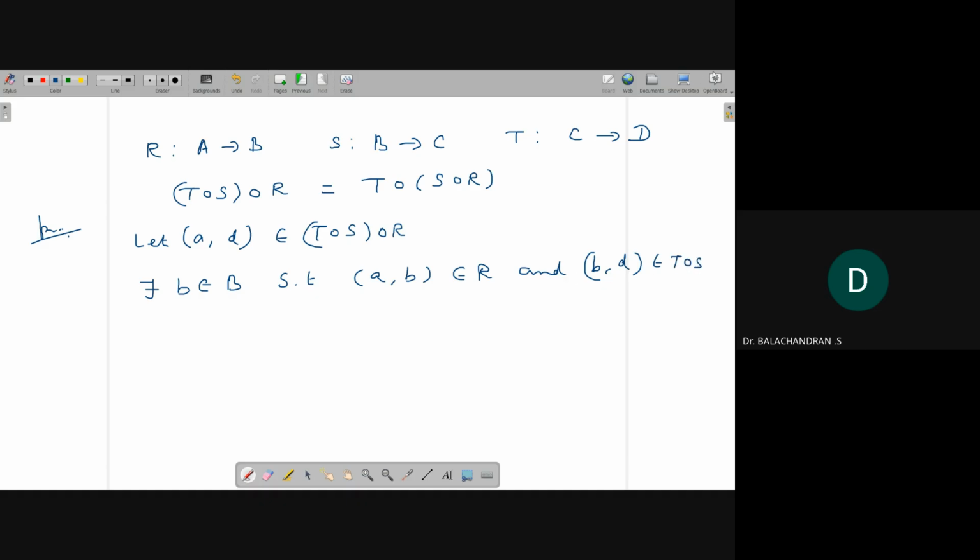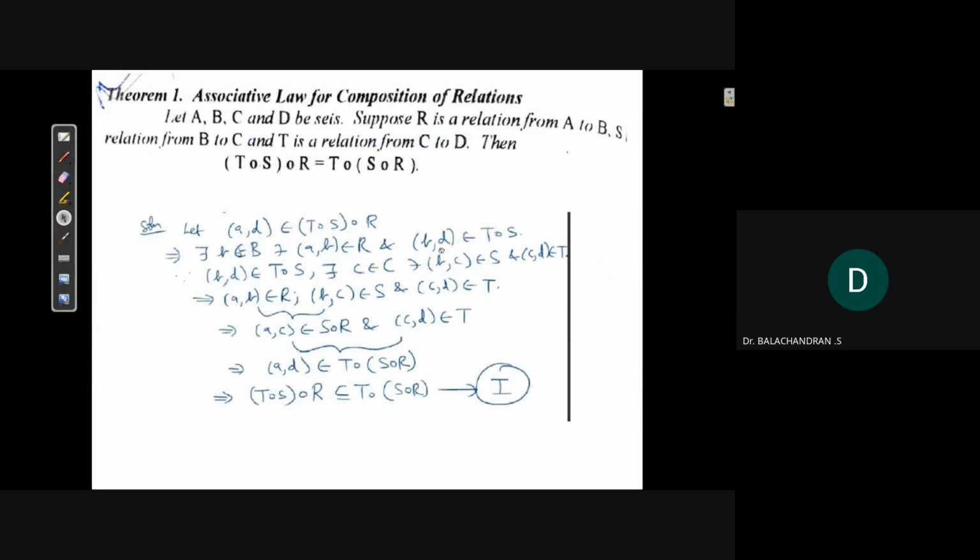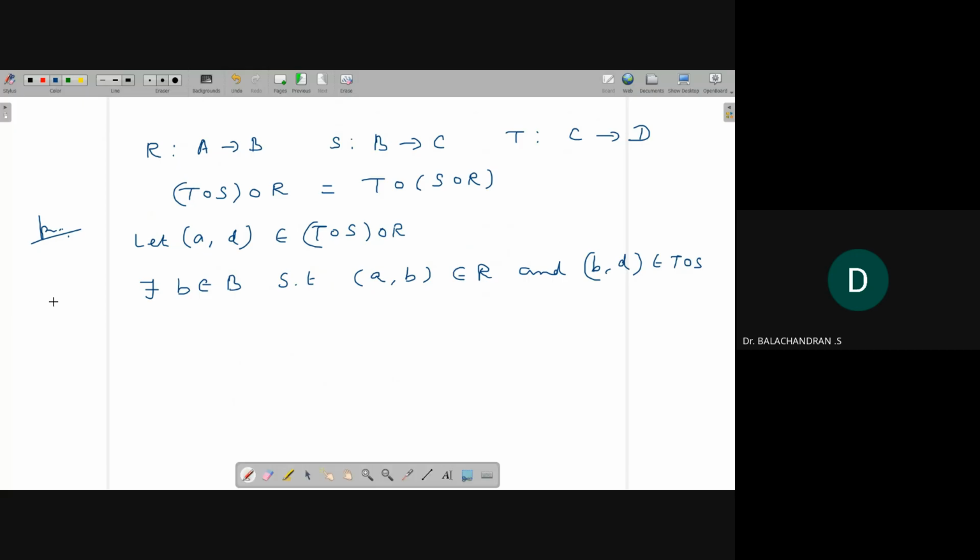I think it is given here. (A, D) belongs to R and (B, D) belongs to T∘S. And then I will take this (B, D). Since (B, D) is an element in T∘S, there exists a C in capital C such that